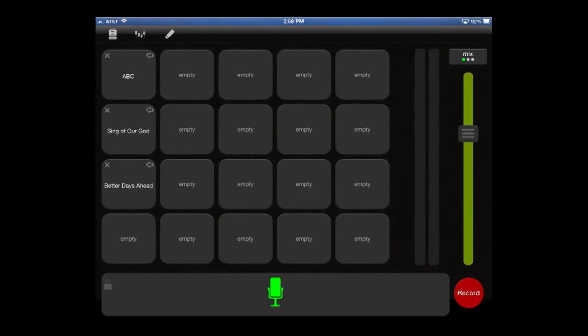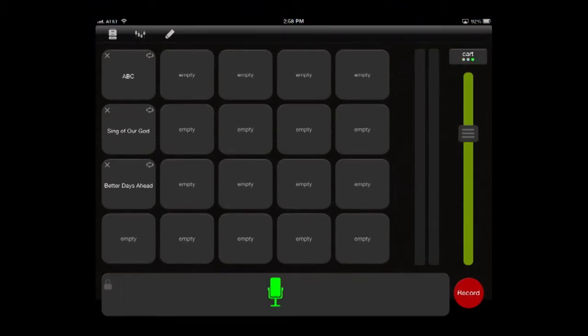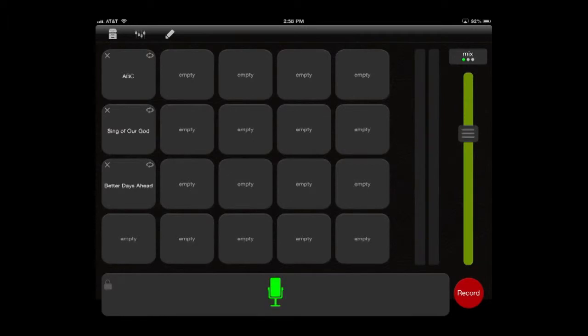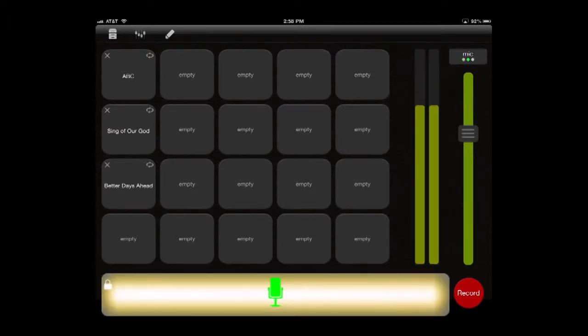But what you see here is basically a bunch of carts over on the left, and then on the right you see a slider where it has mix, and then it has mic volume control, and then cart volume control. And down at the bottom you see this little button that you push when you want to talk, and if you want to keep talking, on the left hand side there's a little lock button right there, and that will keep it pushed down. And you see when it's down, you see the bars moving up and down,